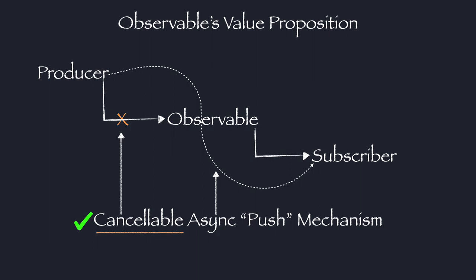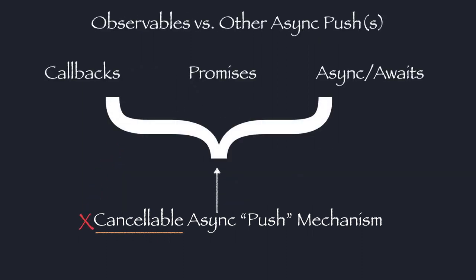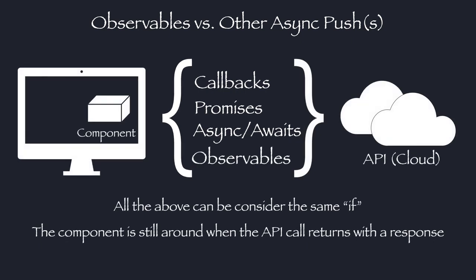Now that we know all about observables, let's examine observables' true value proposition. What makes observables great is the combination of their async nature and their canceling capabilities. JavaScript's inherent async nature via callbacks was not enough. Promises and async awaits were introduced to enhance the experience. However, they are not cancelable either. Let's look at a real example. Callbacks, promises, async awaits, and observables are equal